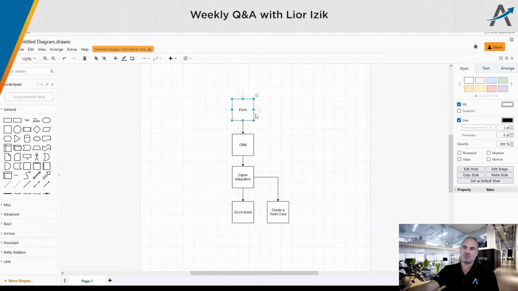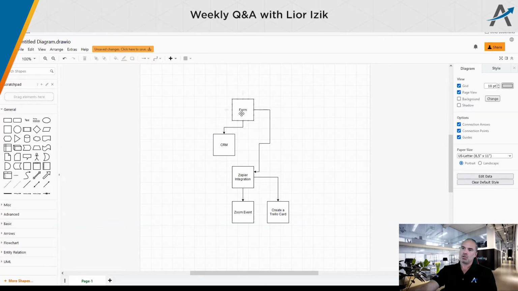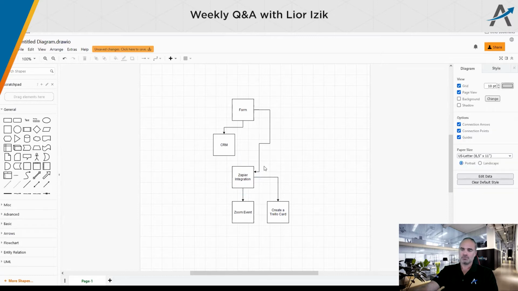I think the easiest for you is to stay with a new form initiating. Let's drag it here like that. The form is integrated with Zoho CRM, and the form is also the trigger for the Zapier integration. Until here, we're good? That makes sense.